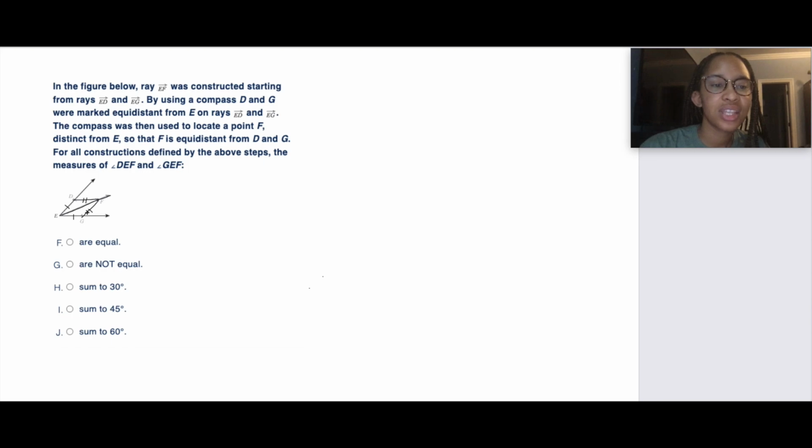Since all three sides are the same, these two triangles are congruent. So that means that angles DEF and GEF are going to be equal because they're corresponding parts of congruent triangles. So the answer is going to be